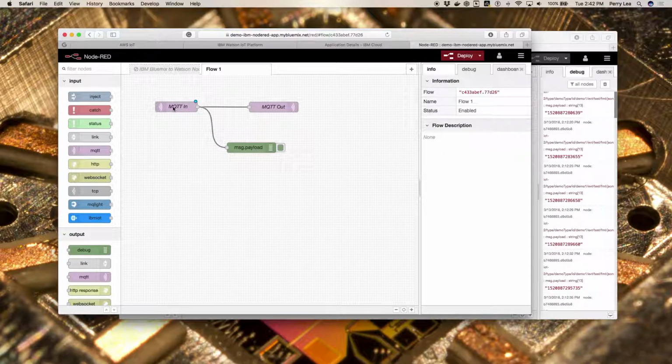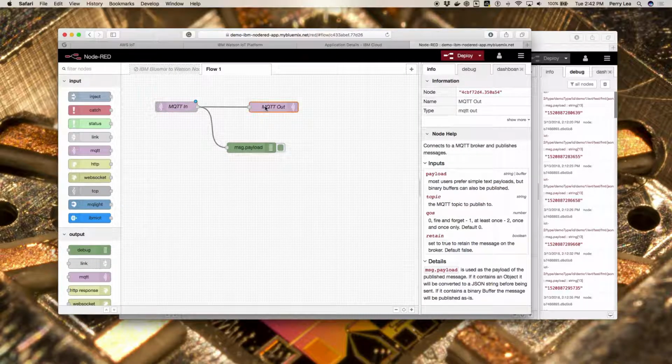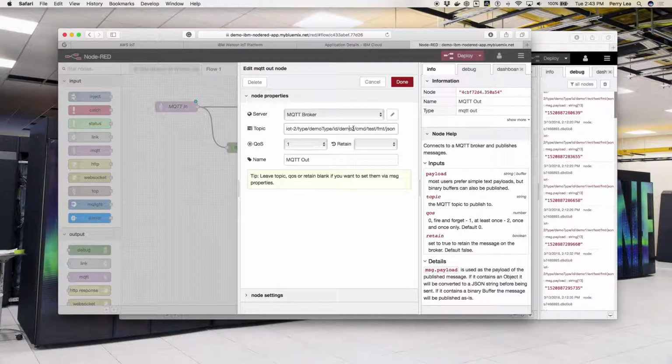So the flow here is you're going to take JSON objects in, you're going to receive events, and you're going to force out a command. And again, this is the topics branch, and you see IoT2, type, and it's a demo type, ID is a demo2 device. Now this is really important because remember I had two devices that were used on the IBM IoT Watson device instance. I had demo 1 and demo 2 for the reason that demo 1 is the client ID associated with the